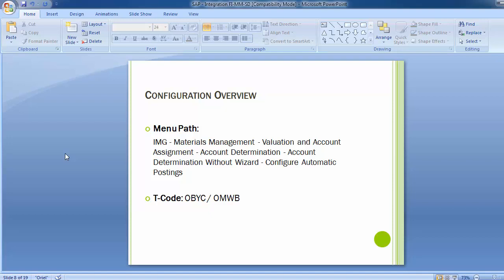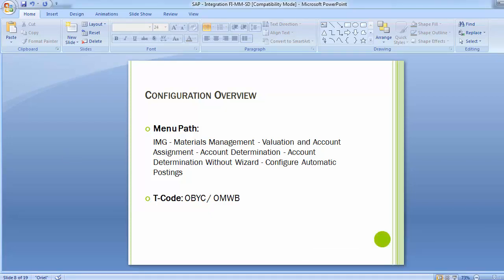We'll go through that one by one. You can do the integration only when the MM module is implemented in that particular company code. So assuming the company code has the MM module implemented, how will we do all this integration in the SAP system? We will do that in a while.